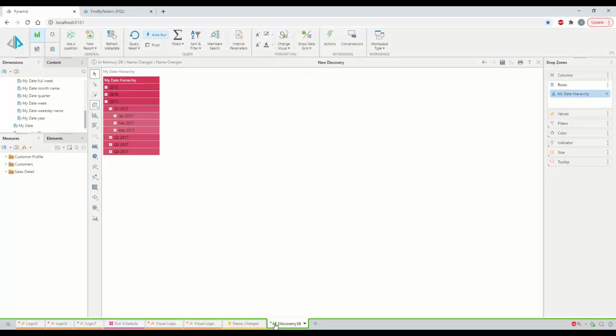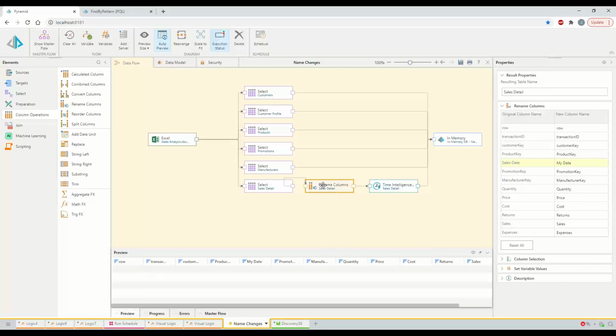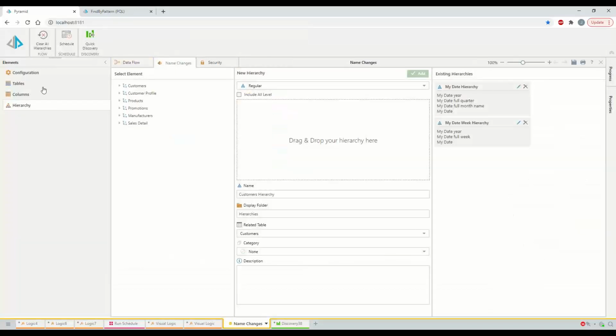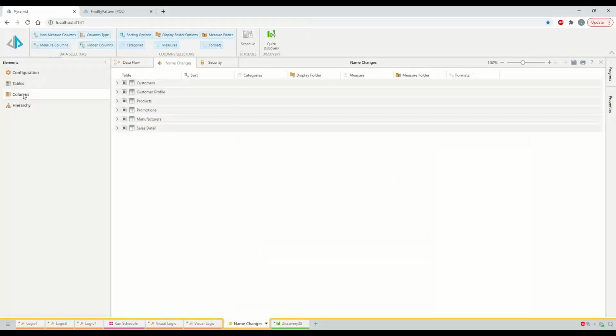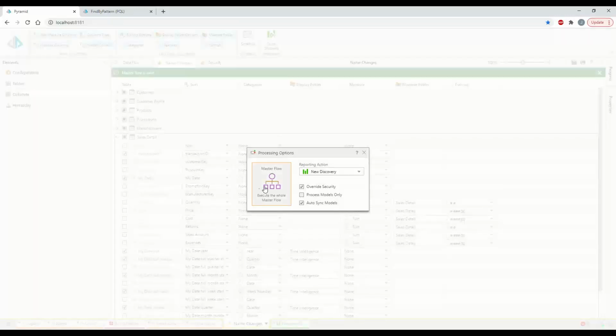And the renaming changes apply not only to attributes, but to measures as well. So I could come over here and say, I've got this column called sales. I'm going to rename it to sales amount. And then when I come back over here to the data model side, we'll see our measure is sales amount. If I go ahead and save that and reprocess it,